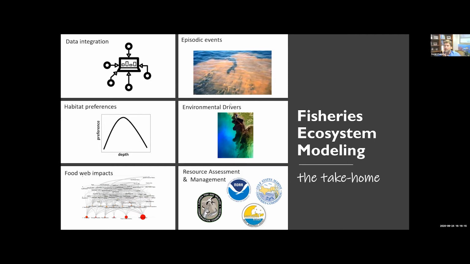Honestly, Dylan might be a better person to answer that question, but I can speculate just because what we're doing here is actually changing the system-wide productivity. So it's likely that we would see a decline in fish biomass across all species. But there are scenarios with these models where you have a lot of species in them where sometimes we call them the vampires in the basement. So you do something and all of a sudden stingrays take over the system. And we've seen models that can predict some counterintuitive responses in certain scenarios.